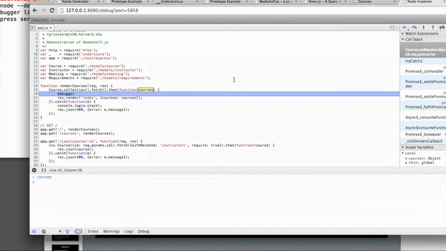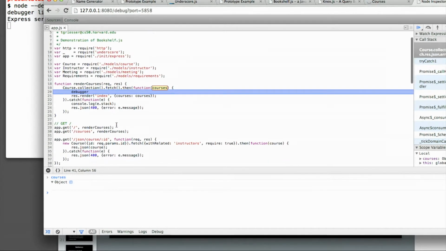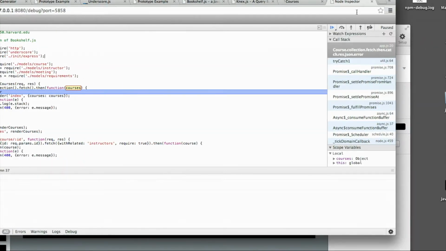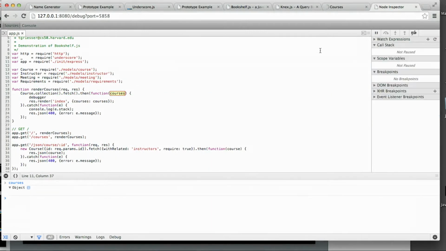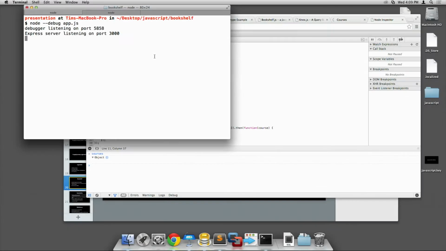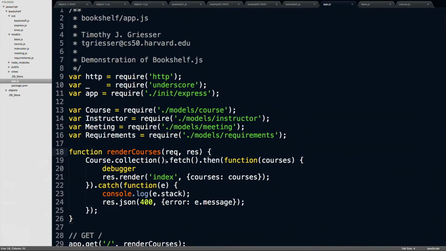Oh, it's not liking that. So courses is really big because I'm not doing a limit clause or anything. It's just fetching the entire database of courses, which are a lot of them. And so we see this object that actually might crash the node inspector instance. It's OK. Let me do a limit, and then we can take a look when it's not fetching hundreds of courses. So I'll kill the server and inspector, and I'll do course collection